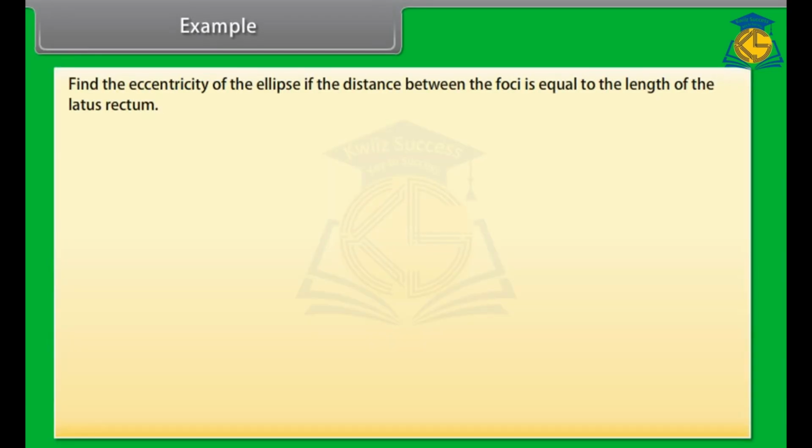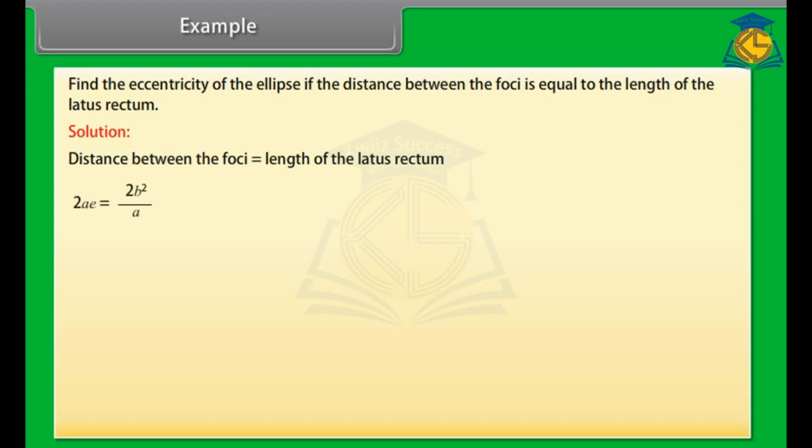Example: find the eccentricity of the ellipse if the distance between the foci is equal to the length of the latus rectum. Solution: distance between the foci is equal to length of the latus rectum. 2ae is equal to 2b squared upon a, or ae is equal to a squared into (1 - e squared) upon a, or e is equal to 1 - e squared,